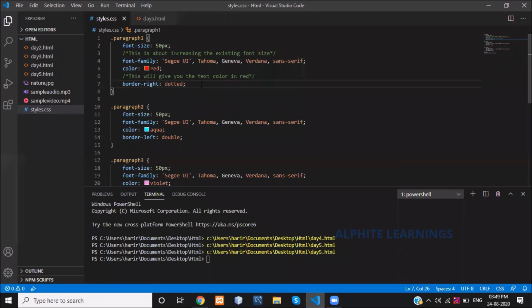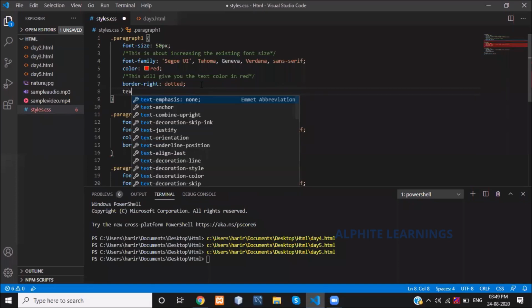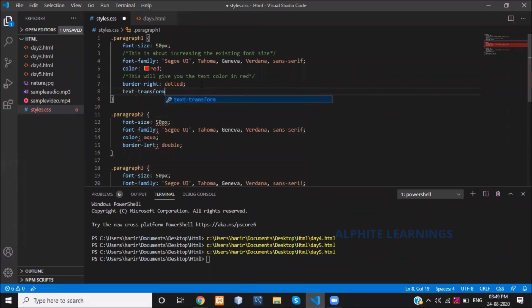For that, the styling property is text-transform. This is the property. What is the value? I want to display in uppercase, so just simply type uppercase.